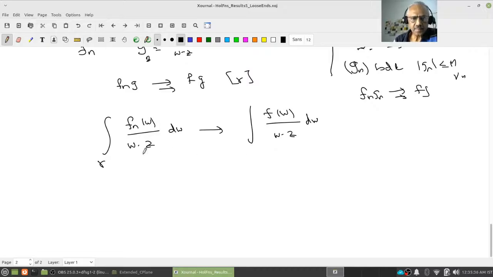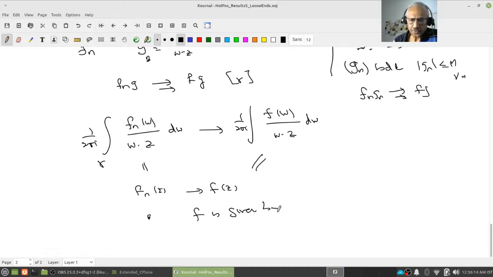Right? But this is 1 by 2 pi i, and make it 1 by 2 pi i if you want, and this is nothing other than fn of z. Since I know fn converges locally uniformly, it converges pointwise, therefore it should converge to f of z. But this converges to this as well as this. By uniqueness of the limit, this f of z must be equal to this. Therefore f is given by a Cauchy type integral,